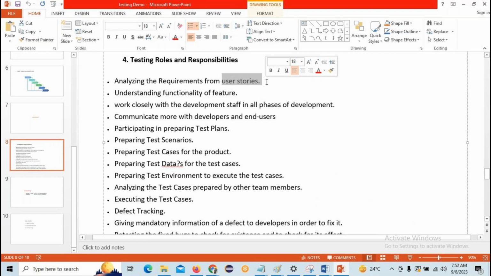Okay, analyzing the requirements from user stories, and next one is understanding the functionality of a feature. You people have to understand very clearly about the feature. If you are not clear about it, don't assume anything. You should contact either the business analyst or product owner to be clear about the feature, and work closely with the development staff in all phases of development. And next one is communicating with the developers and end users,